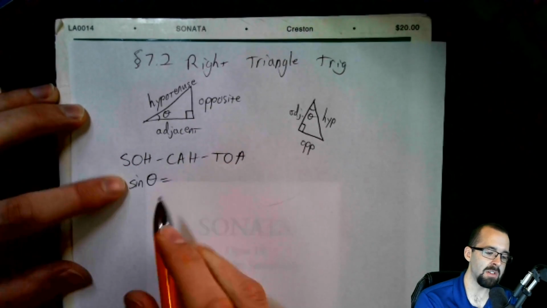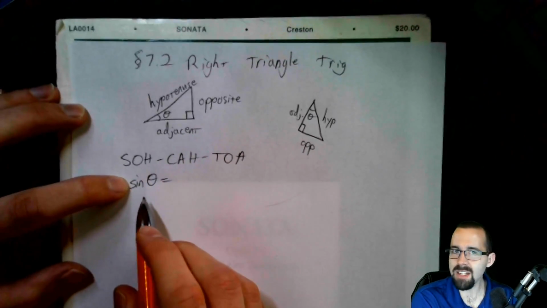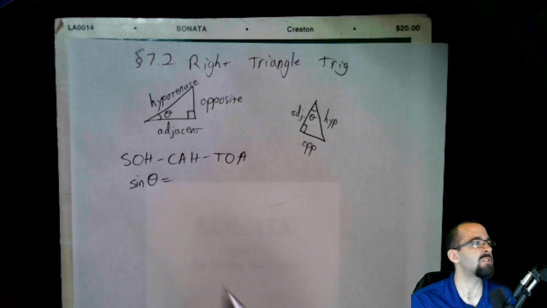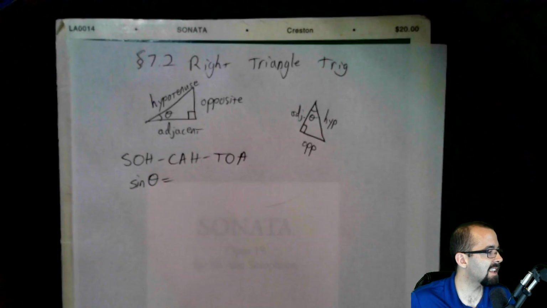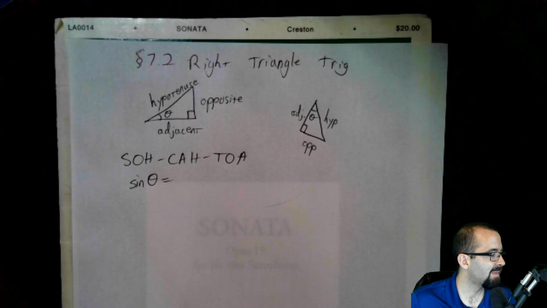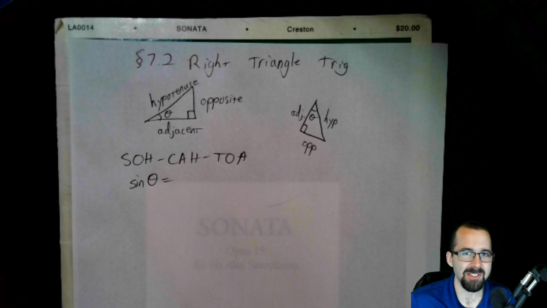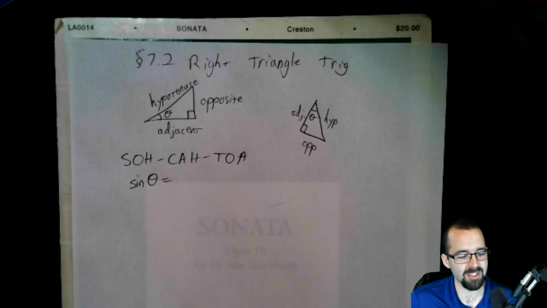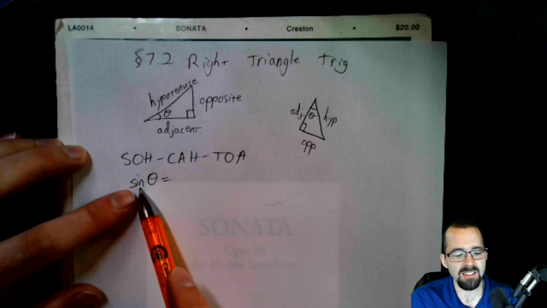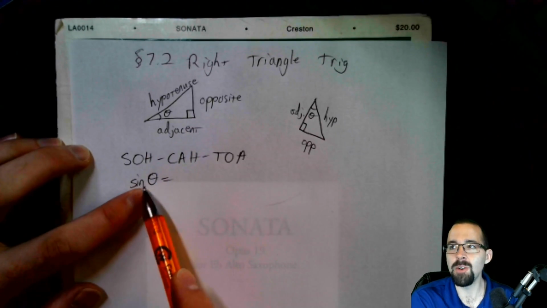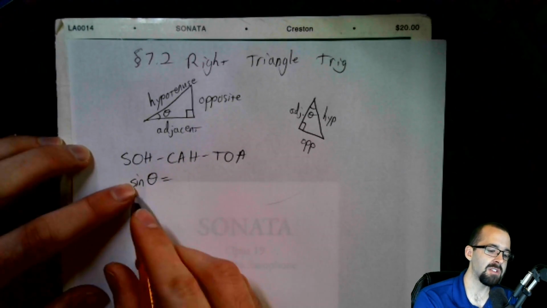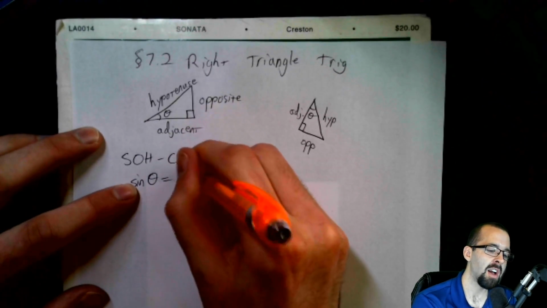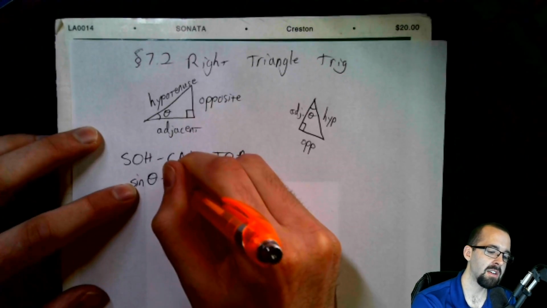Sine of an angle. Sine is nothing by itself. Sine is a function, just like other functions, like the absolute value function, the reciprocal function, the squaring function. Sine is a function. It doesn't make sense without an input to the function. So sine of an angle is just the ratio of the opposite side